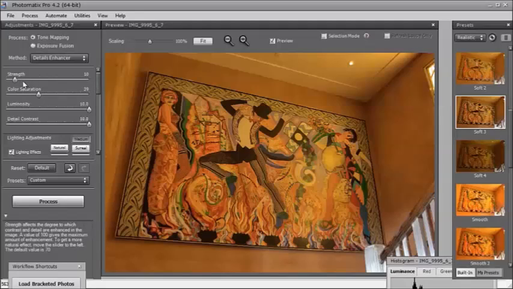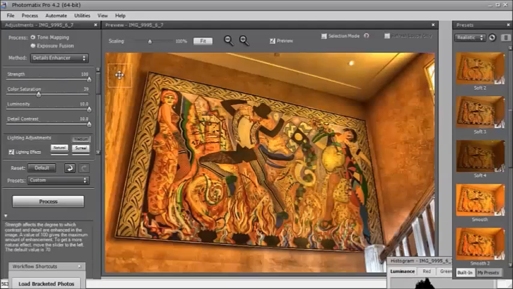I don't think this needs much adjustment, but for demonstration purposes, let's see what some of these sliders do. The first slider is they call strength, and currently it's set on 10. Let's drop that down to 0 and see what it does. It just makes everything a little bit dimmer. Let's go to the other extreme and go to 100, and boy, that really made it too